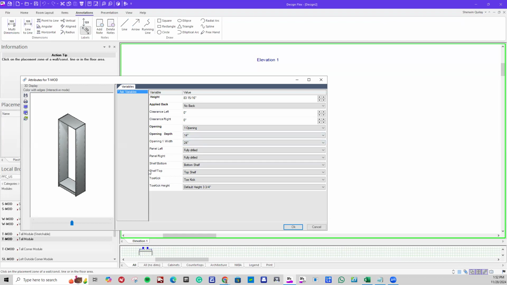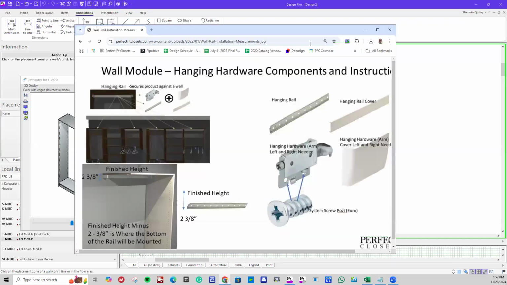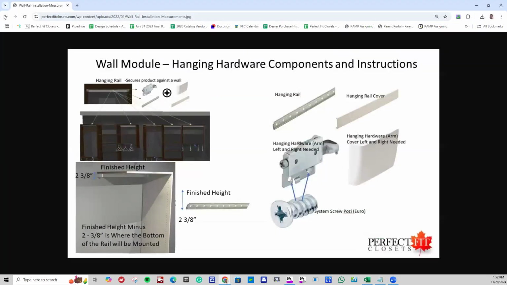Next is opening one width. The default is 24, but if I click on the drop-down button, I have different presets of 12, 15, 18, 24, 30, and 36. And we can also go custom. We can go to a maximum of 48 inches wide and as narrow as 8 inches wide. Magic numbers will always be 18, 24, and 30. The reason why those are magic numbers is that a majority of our accessories from Hafele come in those specific